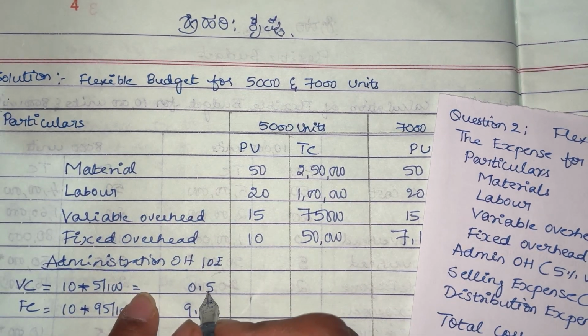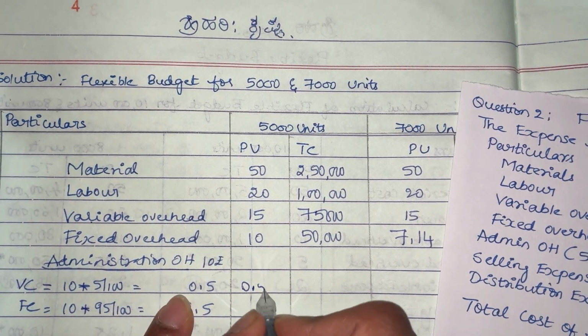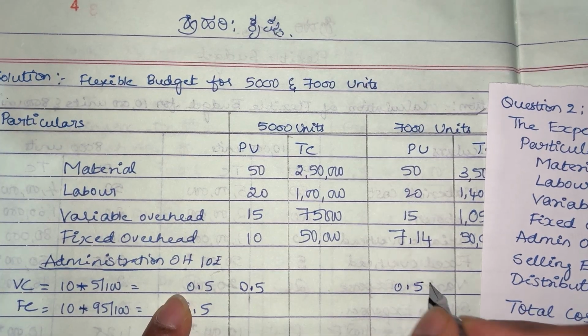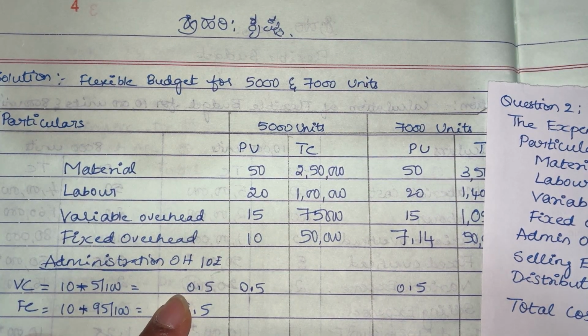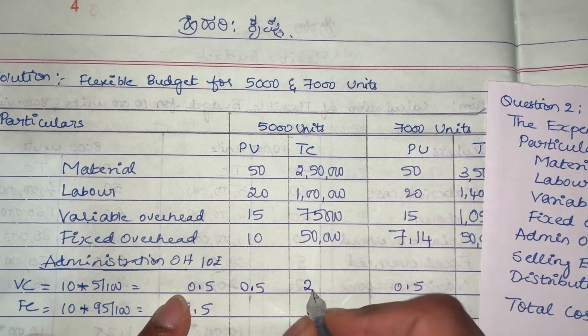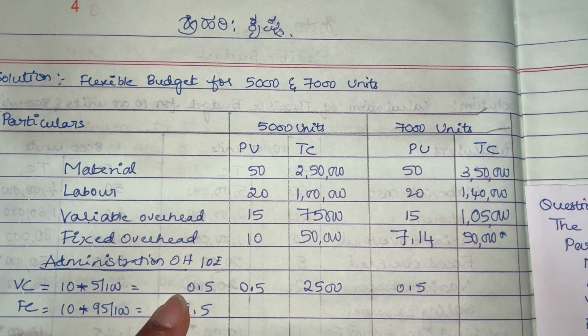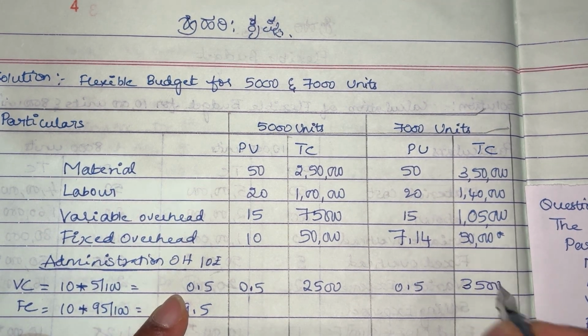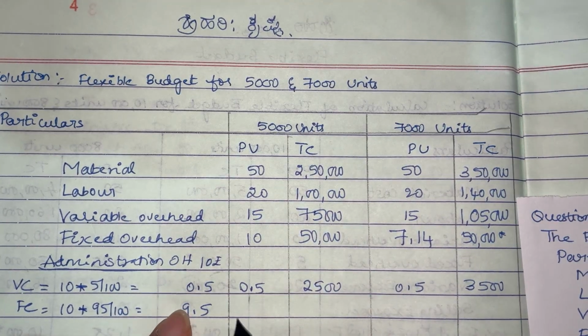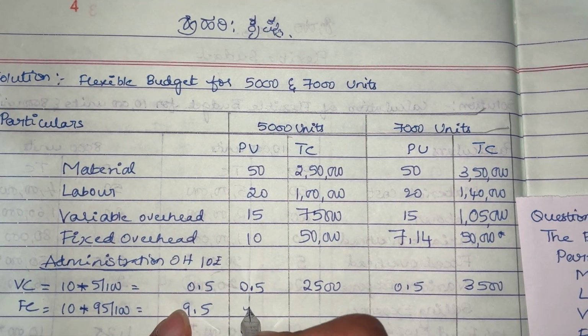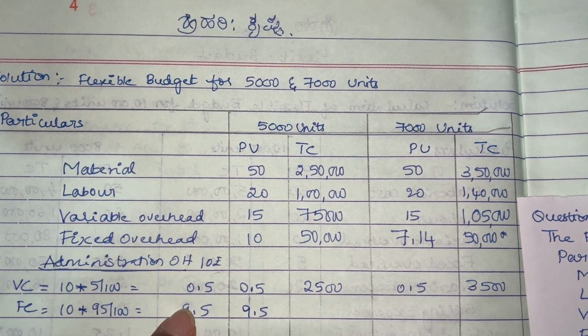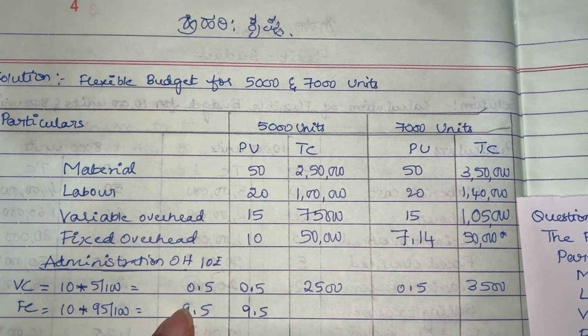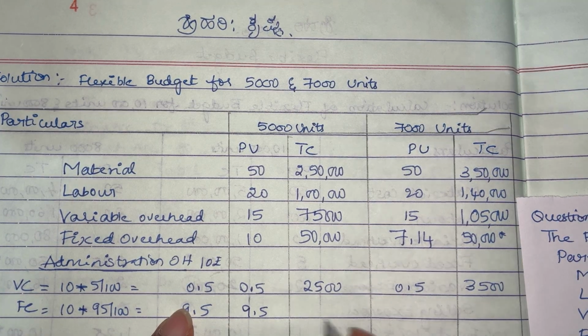So in the case of variable cost, what did I tell? Cost per unit will remain constant, 0.5 and 0.5. So how do we write it? 0.5 into 5,000 units is 2,500, and 0.5 into 7,000 units is 3,500. Now in the case of fixed cost, what remains constant, dear students? Total cost will remain constant, that is 9.5 into 5,000 units,